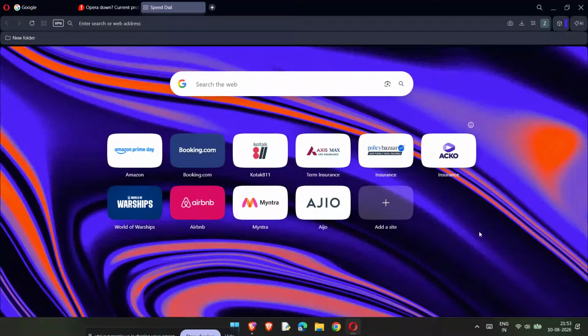If you want a free VPN built right into your browser, Opera makes it really easy to turn on. In this video, I'll show you exactly how to get the free VPN from Opera browser, how to enable it, and how to know when it's working properly. This is a great option if you want a simple privacy boost while browsing and you don't want to install